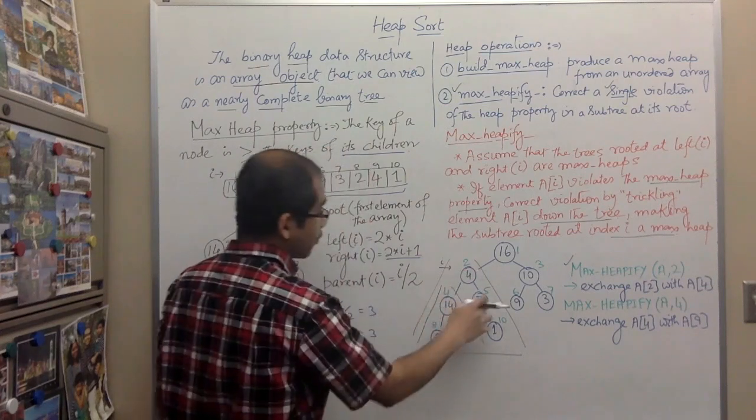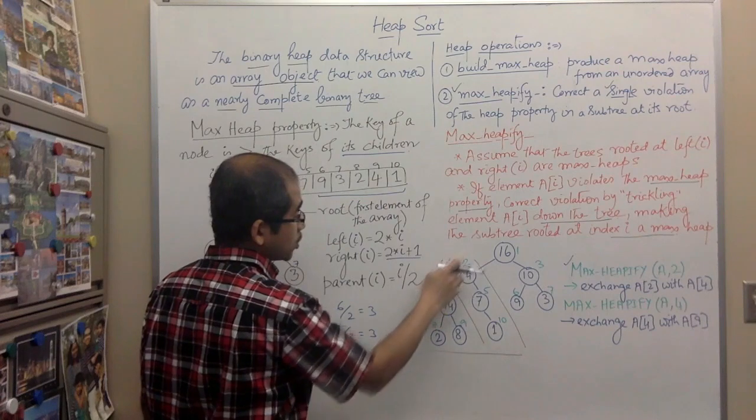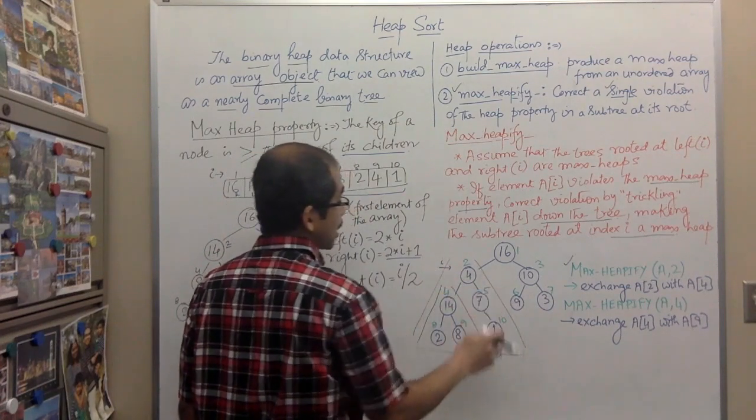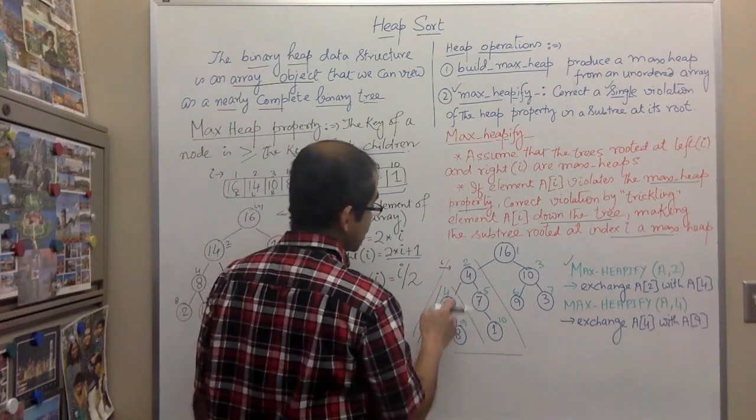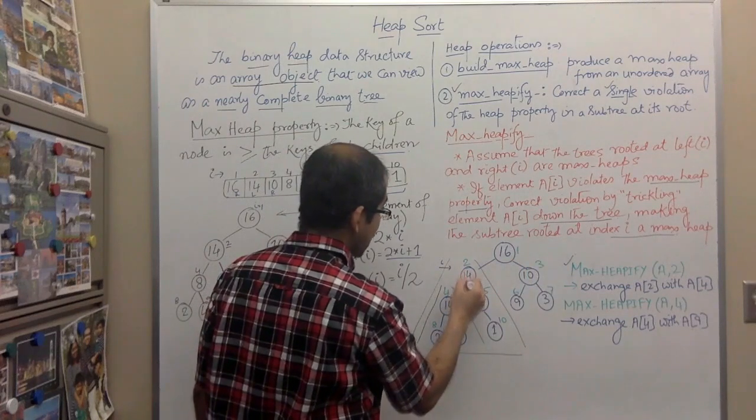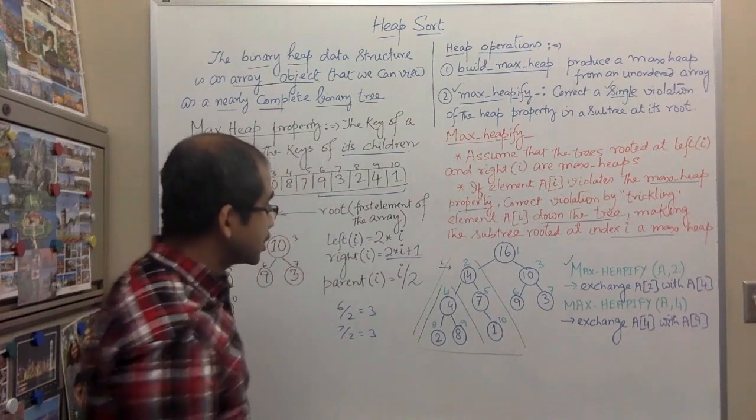Because we find among these three, the root, the left child, which is 2 times the index, and 2 times i plus 1, which is the right child, which one is the largest. We find that A[4] is the largest, so we swap A[2] and A[4]. So this becomes 14, this becomes 4. Now we see that